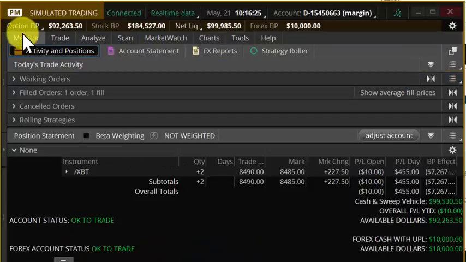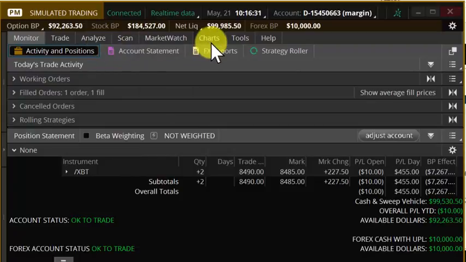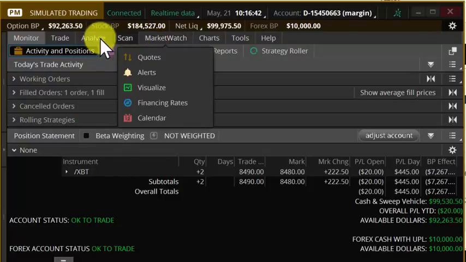So what I'm basically showing is that it doesn't matter which platform you use, they all have relatively the same functionality, excluding some extra stuff that some platforms have that others don't. My understanding is that Thinkorswim has a lot of extra stuff, and a lot of stats and stuff in case you like that stuff. But for basic purposes,